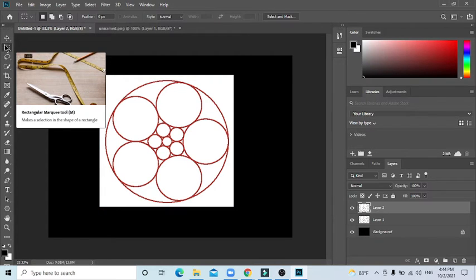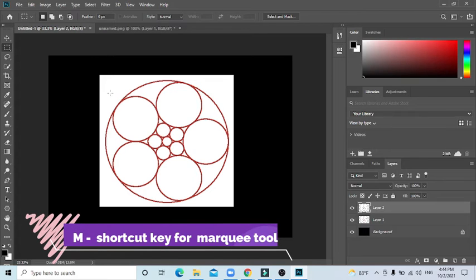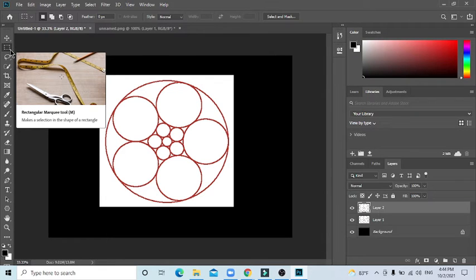The shortcut key for the marquee tool is to press M on your keyboard. Now another thing: if you want to remove only the large circle instead of the square, you need to go to the marquee tool. You can see a small dot or an arrow there. Just press it, or you can keep your cursor on the marquee tool icon and it will come up automatically, or